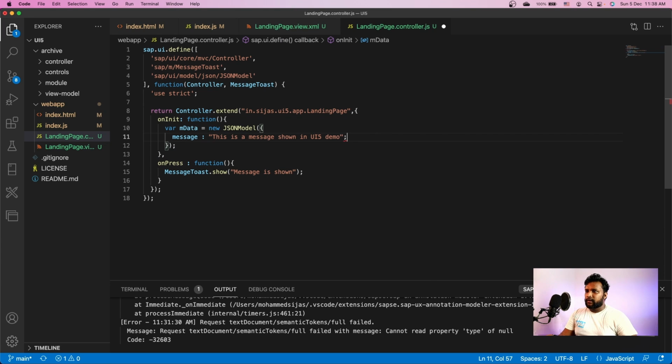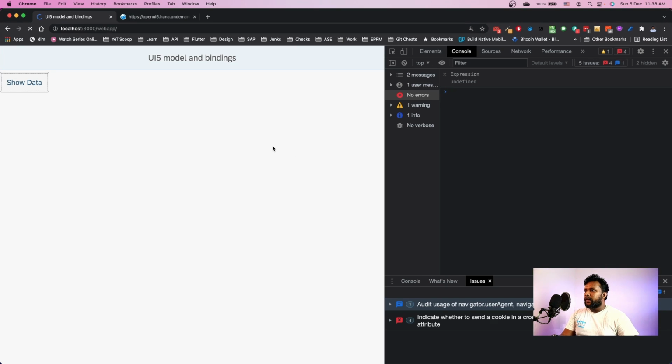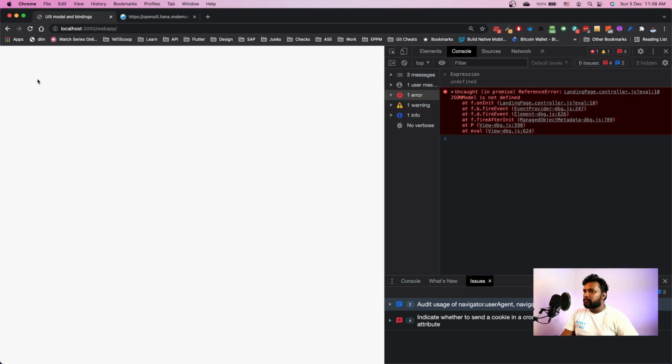So this is my message, and I just created it, I need to set it. So this.getView().setModel, and we will assign this model as the default model using the setModel syntax.